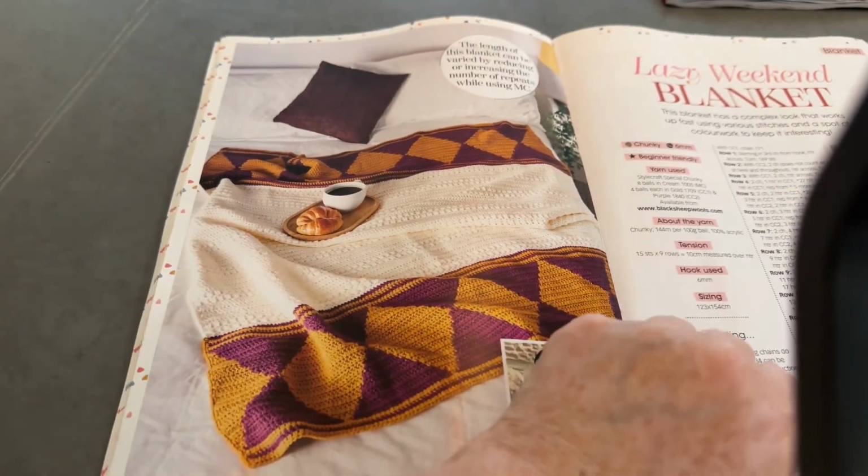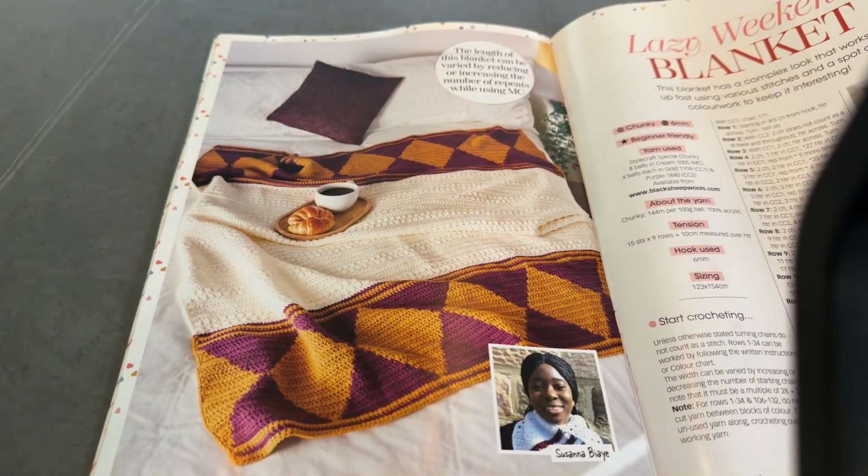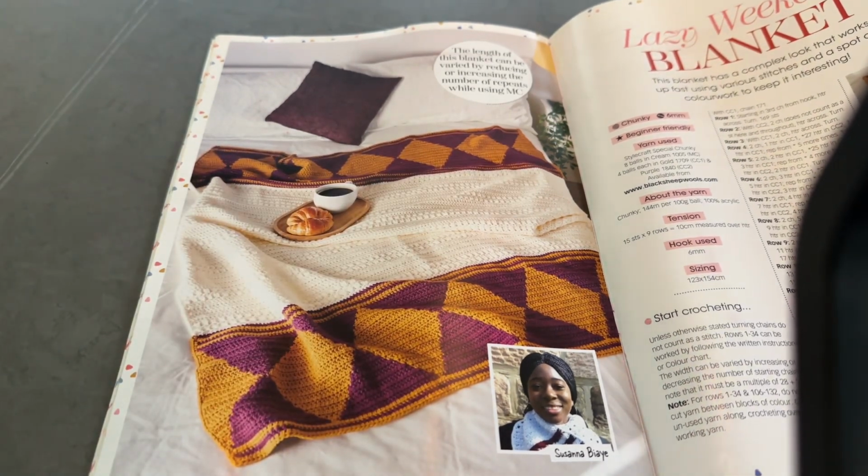And this one, I like this. This is quite pretty. Lazy weekend blanket. Look nice on the bed, wouldn't it, that? It looks like it's got bed runners. But yeah, that's by Susanna